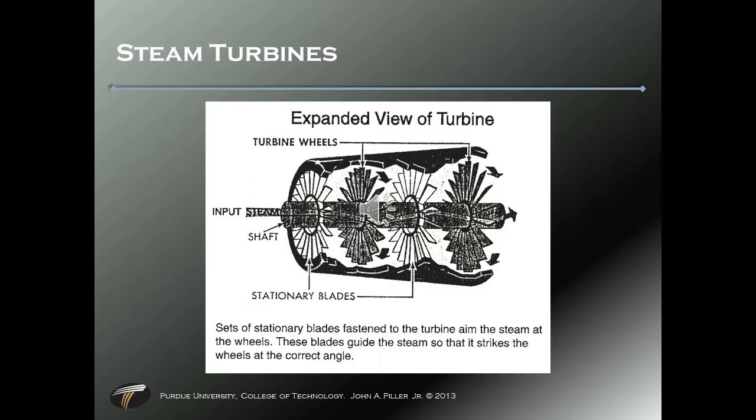Alright, as I said, we're going to talk about power production. We're not going to talk about how we're getting the heat. We're going to talk about what we do with the heat to get the energy into electrical power. That being said, we're going to start with a steam turbine. I have a drawing here out of the Pardo text. This steam turbine is called a reaction turbine.